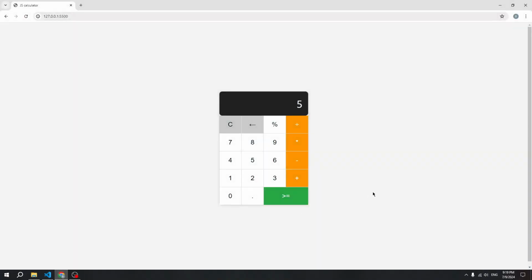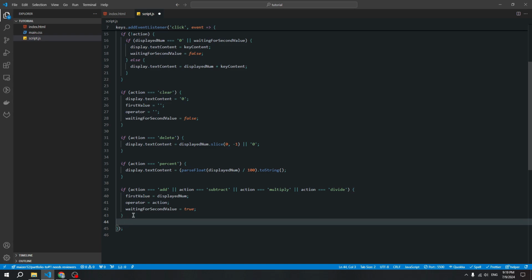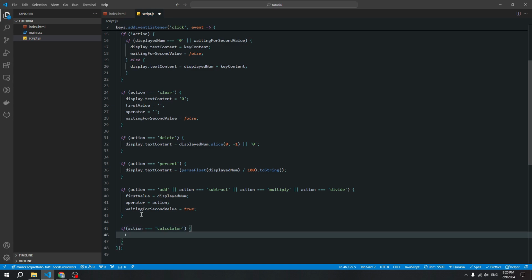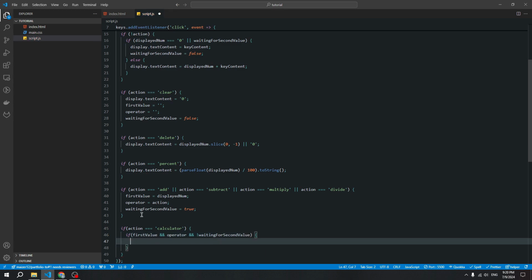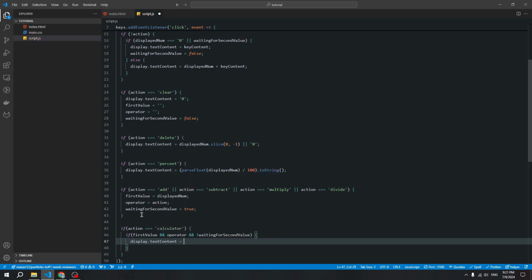In the end we need to add logic for this button. Create our last condition: if action is calculator, and also check all arguments, first value and operator, and waiting for second value is false. We need to change our display text content using our display and again using text content, and now we need